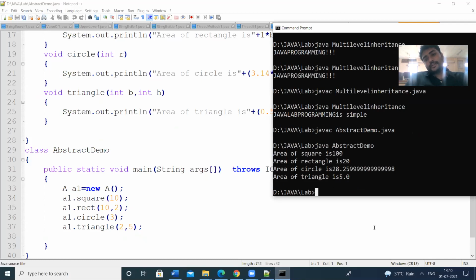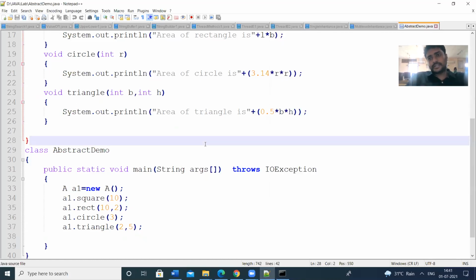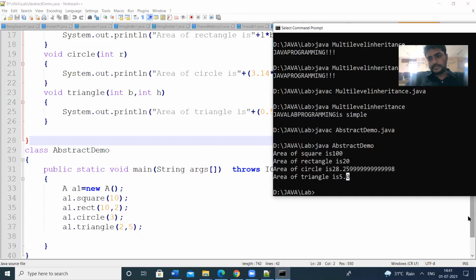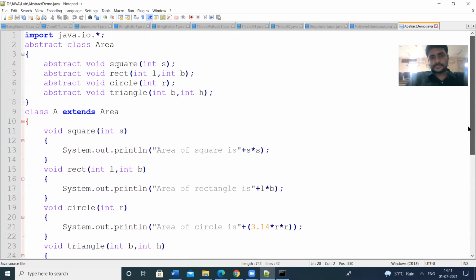So here the area of the square is printed, area of the rectangle, area of the circle, area of the triangle. So all the areas of the different shapes are printed here by using the abstract class and abstract methods. So this is the output for abstract classes.